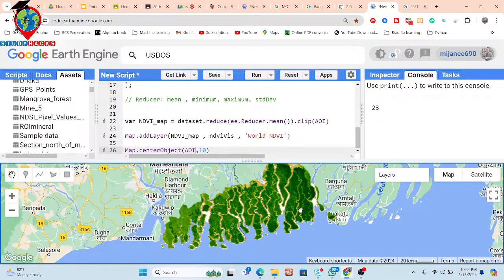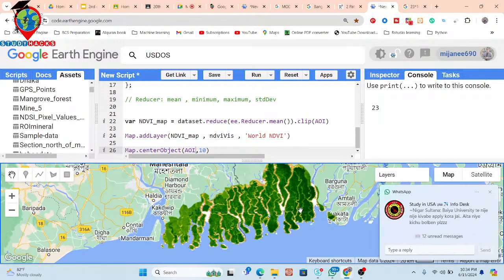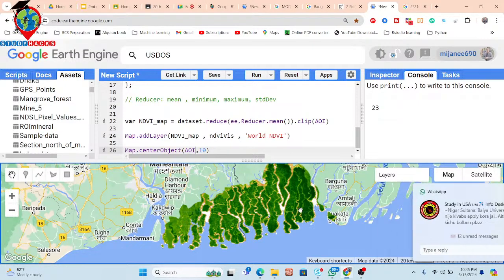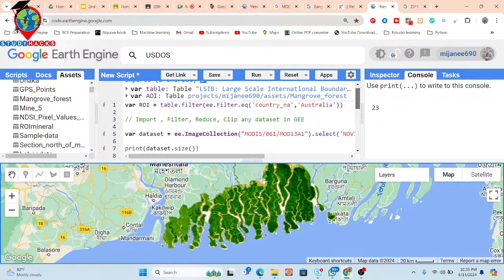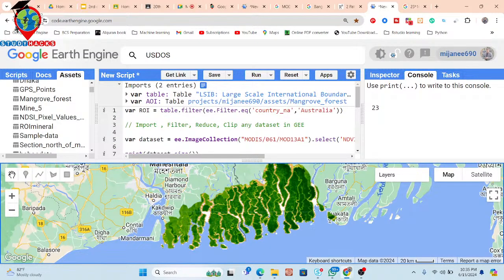Then we also get better imagery for the small study area. One more thing here: suppose I have a 2.5 meter Cartosat data set. Once uploaded, the same thing we can do with it. Same approach. This time we are just applying the MODIS satellite imagery, but